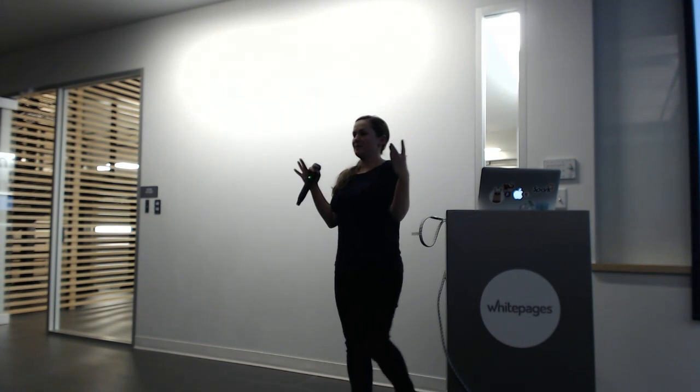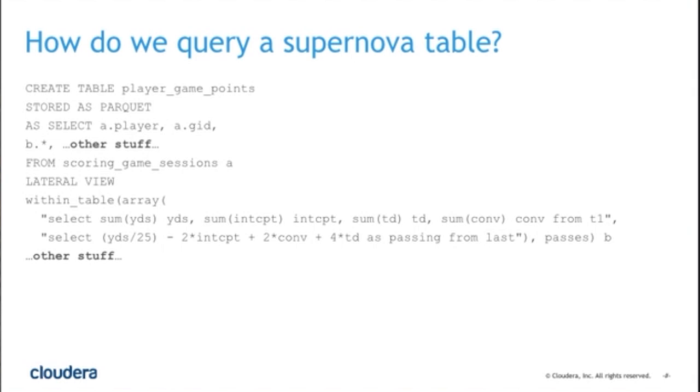So if we have a table whose columns also have tiny tables, what syntax are we going to give to people to allow them to write SQL queries on those tiny tables? Well, I'm creating a table in this query, but the select part is the interesting part of the query, probably. So from my fancy complex nested records table, I want a lateral view within, which is just our special keyword. If you're not familiar with views. So lateral view within this table, and then I pass it an array of SQL statements that I want it to apply to that column,